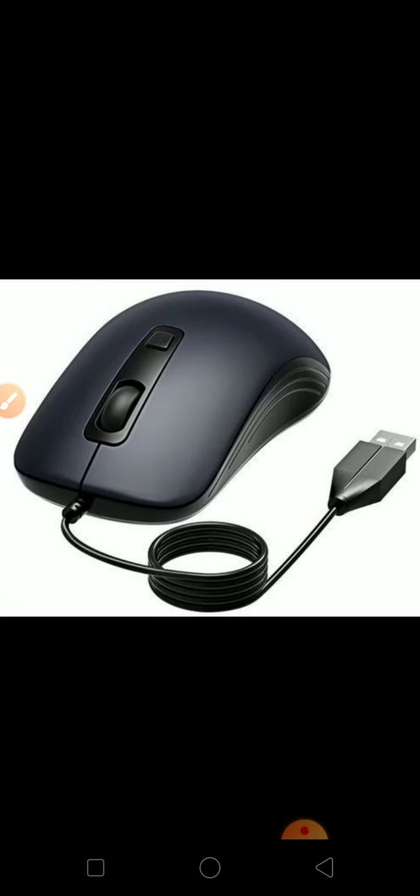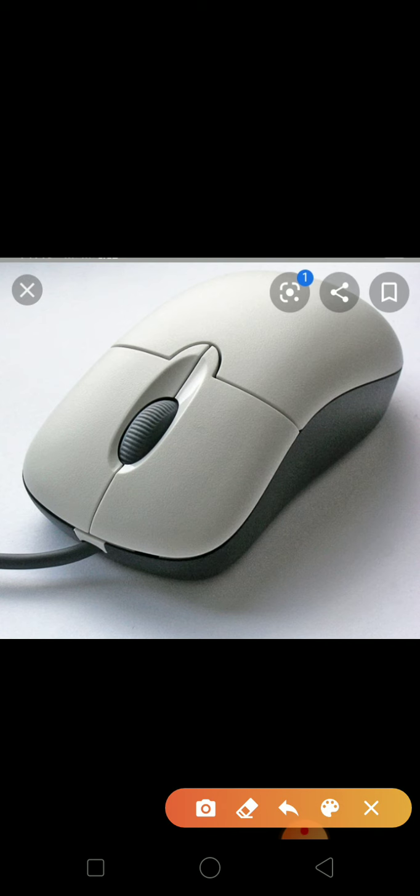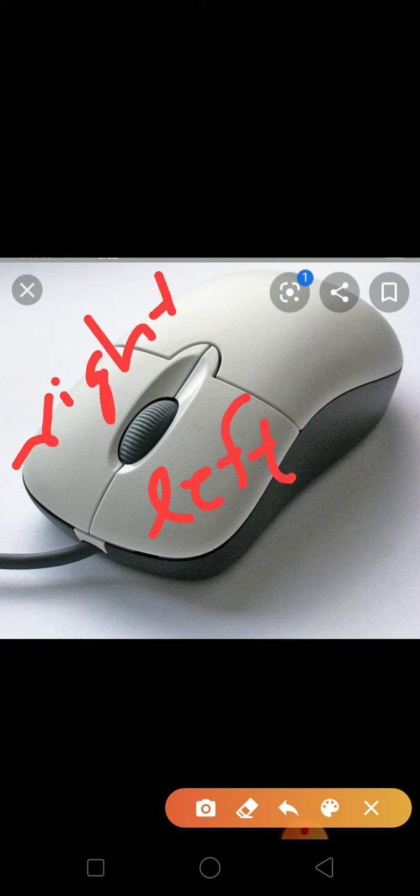See, these are different types of mouse we are using. So children, as I have told, all of you have remembered. This is our left. Here you have to do left click. This is our left button and this is our right button. When you put the mouse, this side will be your left and this side will be your right.